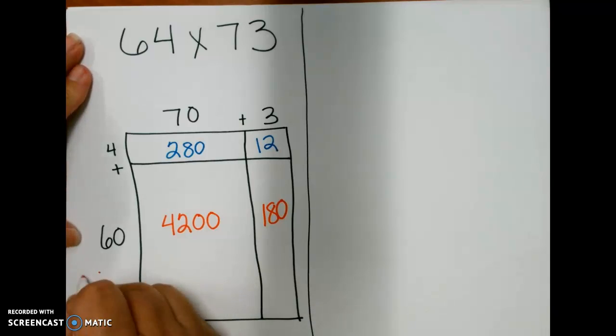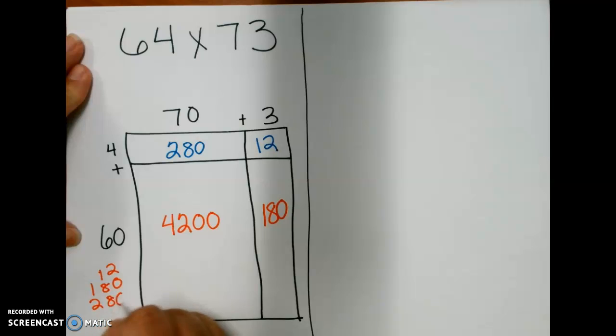Okay. When I add those together, I'm going to do it over here and hopefully I can get them all to fit. I have 12, 180, 280, and 4,200. And again, I have to add these up to get my product. So 2 plus 0 plus 0 plus 0 is 2. 8 plus 8 is 16, plus 1 is 17. Regroup the 1. 2 plus 2 is 4, plus 1 is 5, plus 1 more is 6. And I have nothing to add to my 4. So my answer is